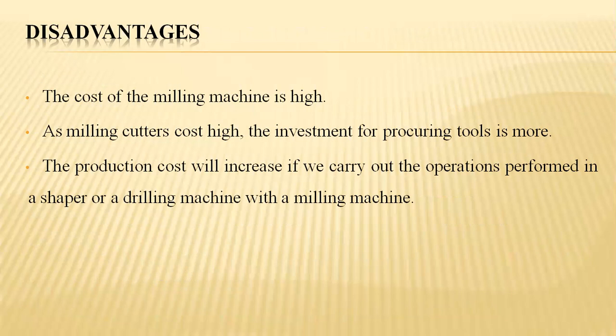Coming to the limitations, from the economic point of view, it is very high in cost. Even the mill cutters are very costly, and this entire investment amounts to a huge economic burden. Obviously, the product cost will also increase when compared to the shaper or drilling machine in the production ratio. These are some of the limitations of the